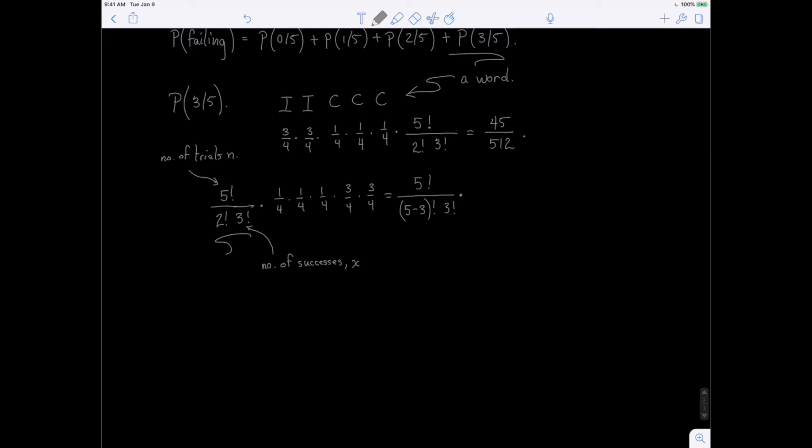Notice I have 1/4 times 1/4 times 1/4. I can write that as 1/4 raised to the 3rd power times the 3/4. Well, it's being multiplied by itself, in other words, it's being squared. There's 2 of those. And this becomes the general formula of 5 choose 3 times 1/4 cubed times 3/4 squared. So that's the specific one, and in general,